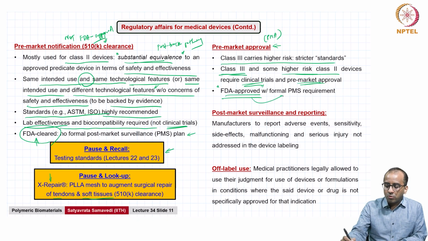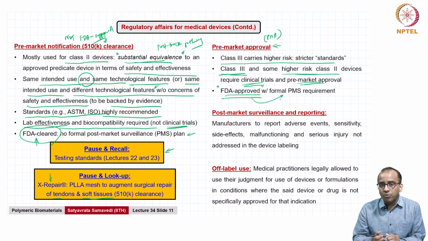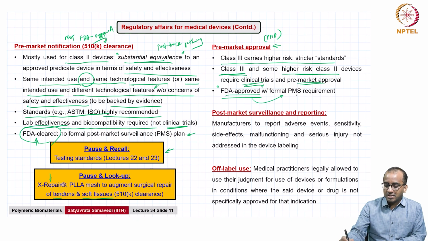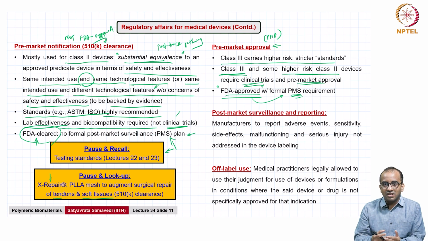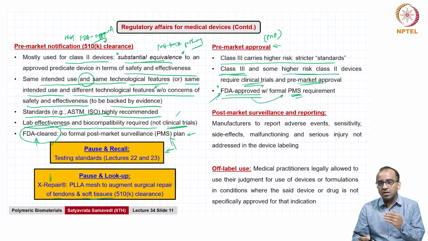FDA approved also requires formal post-market surveillance. That's a mandatory requirement, whereas in the 510(k) pathway, although medical reporting is of course done post implantation and post clinical deployment, the FDA itself does not mandate a formal post-market surveillance plan, although after deployment they can ask for specific types of reporting, whereas in the pre-market approval situation, the FDA approved device has to have a formal plan in place for